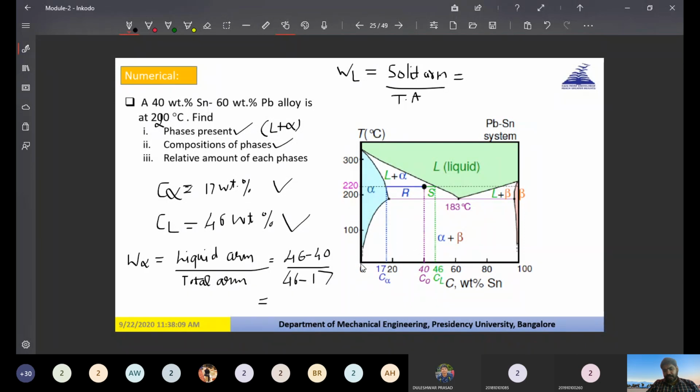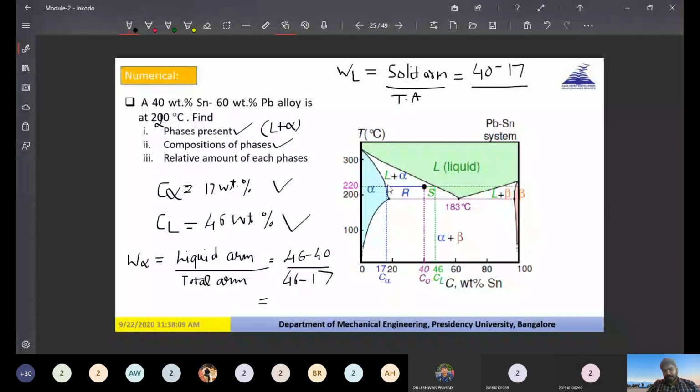So how can you find out this length? From here to here, this is 40, and from here to here, this is 17. In order to find this distance, it will be equal to 40 minus 17. Is it correct? Yes, sir. Because this is the solid arm from this point to this point, and if you draw a line over here, this is nothing but 17. If you draw a line like this, this is nothing but 40. So you have to find this distance. Correct, because this is the solid arm. So this length will be equal to 40 minus 17.